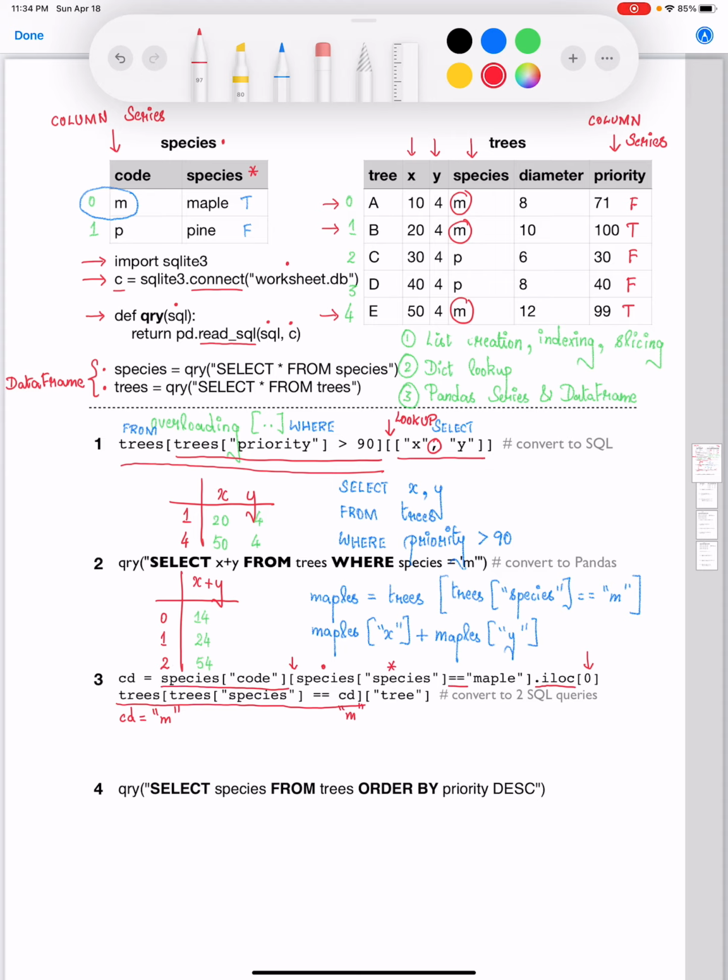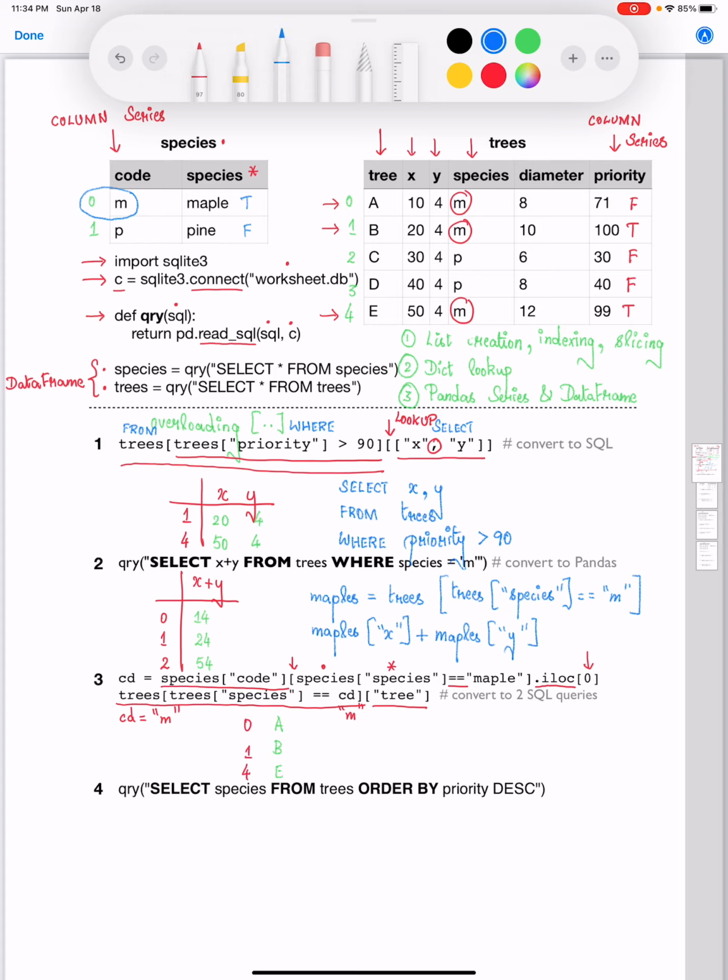in question number 2. What are we doing then? Then we are using the lookup operation to look up the values corresponding to the column index tree. That's going to retrieve just the column series. The column series is going to have the values here as A and B and E. Those are going to come from the tree column within the trees table, and the corresponding index will be 0, 1 and 4 over here.